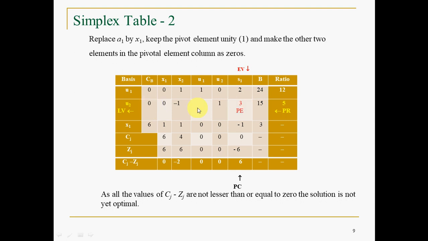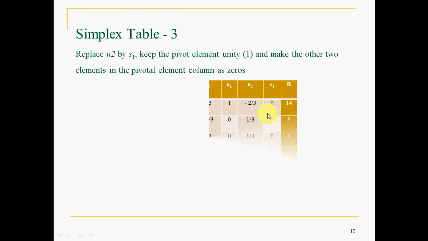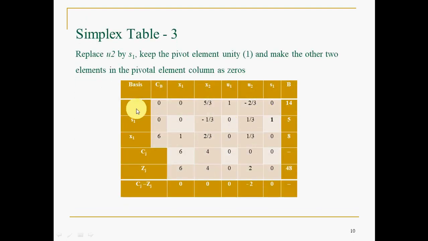So first make this 1, then you operate this and this with respect to the pivotal row. By that, we are going to get this. So the basis will change. U1 of course the variable will be 0, and S1 also the variable, I mean the coefficient of the basis. CB stands for coefficient of the basis. U1 is 0, S1 is 0. This you have to take from the objective function. And X1 is 6. And these values, which was the pivot element, written in bold font, 1 is the pivot element.